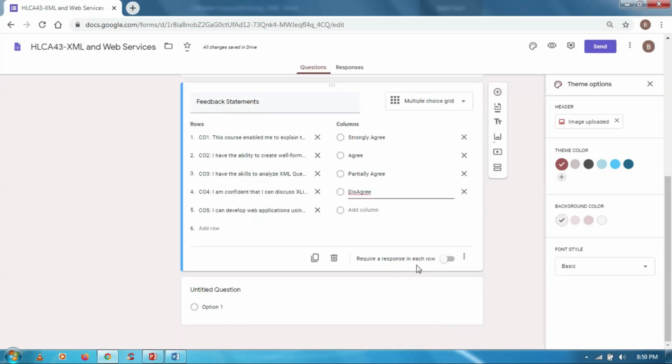Here you have to choose require an option in each row. Since an option should be selected for each CO, this should be given.